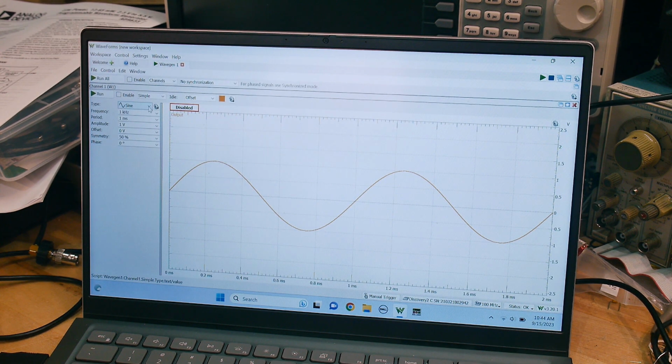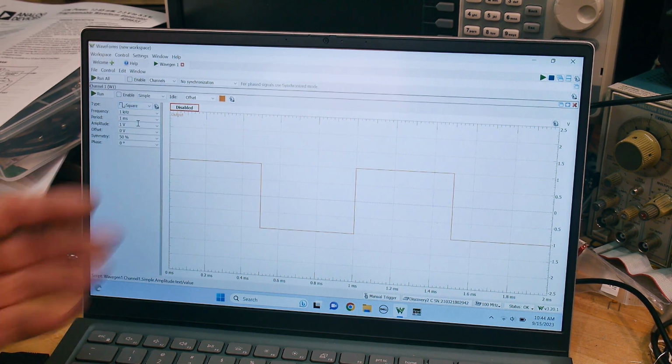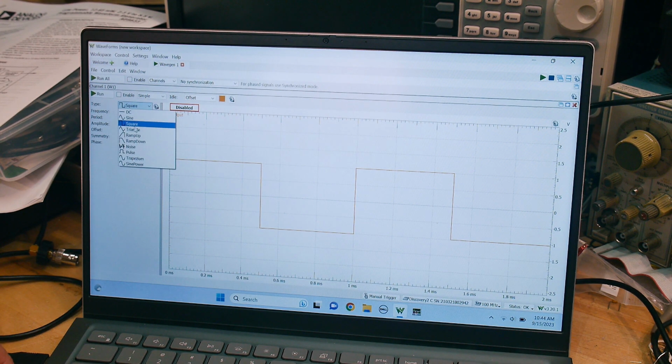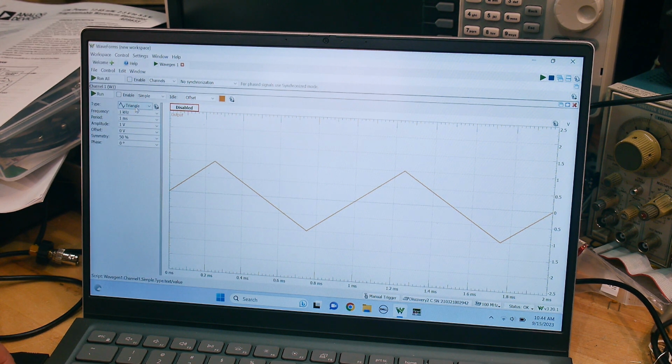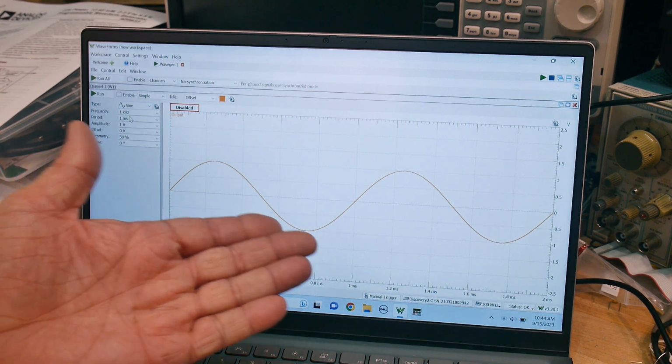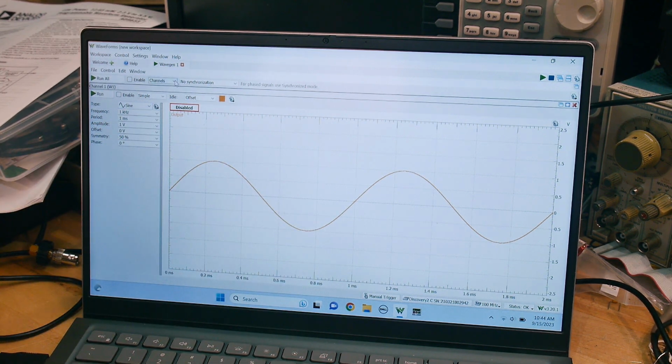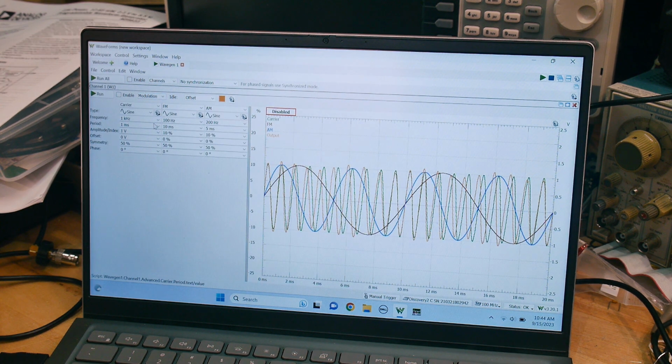So we're generating a sine wave. We can generate a square wave, different types of things. Let's go back to sine wave, and we can do things like, well, we actually want to put modulation on that, okay? And so you can add FM modulation to AM modulation. They're all plotted here together, which is kind of confusing, but let's go ahead and